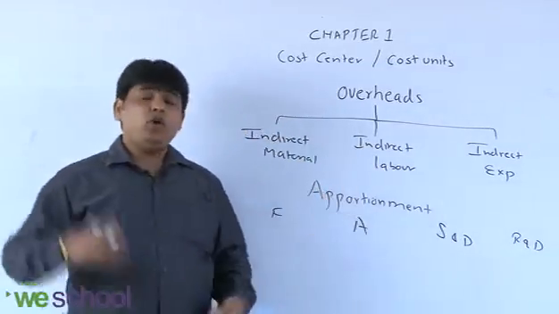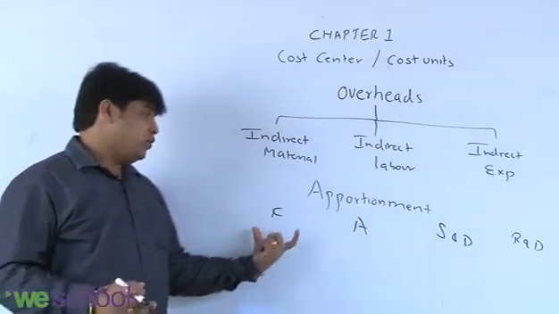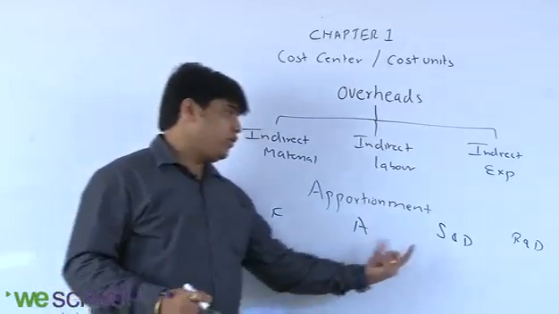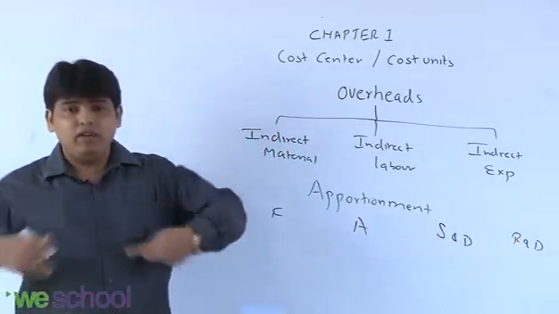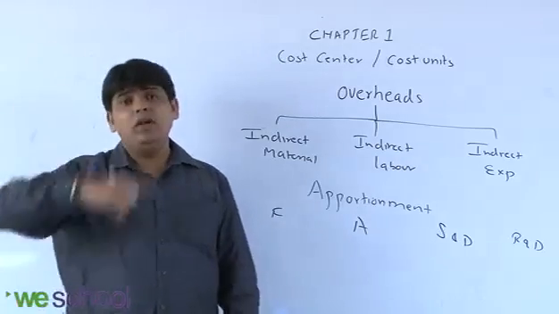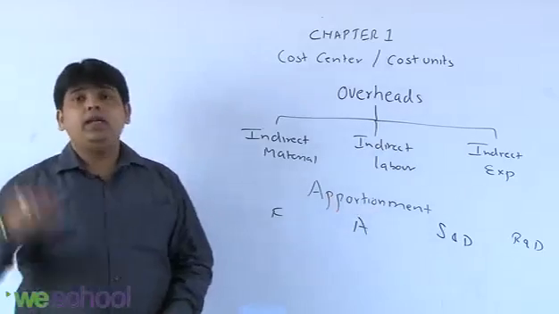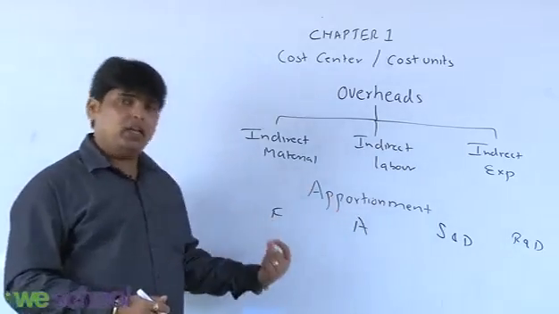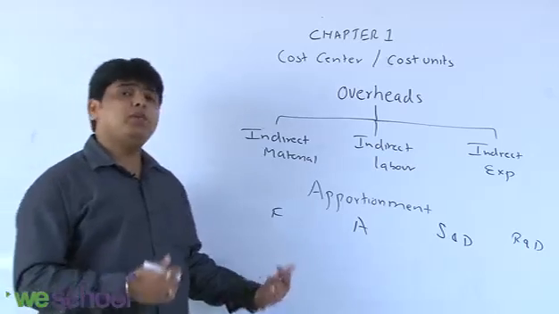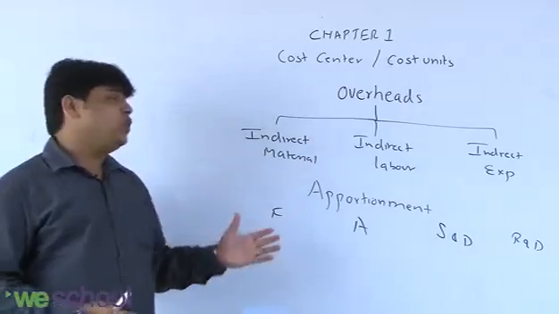So if I am talking about the whole building rent, it will be apportioned on the floor area ratio. Suppose this is 300 square feet, 100 square feet, 1000 square feet. On the basis of that, rent will be allocated. Electricity of the whole building will again be apportioned on the basis of floor area. Depreciation of the building and maintenance charges of the building are again apportioned on the basis of floor area. Right? Some of the expenses need to be apportioned.